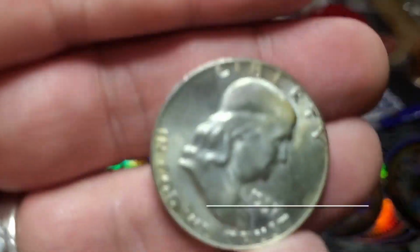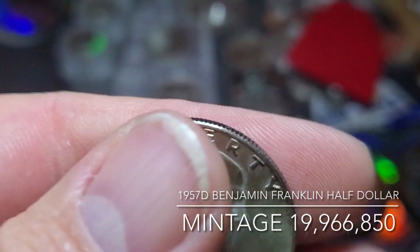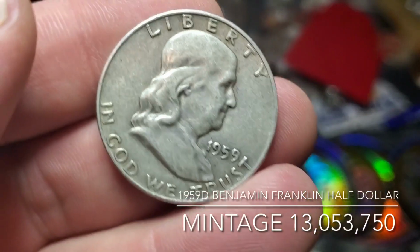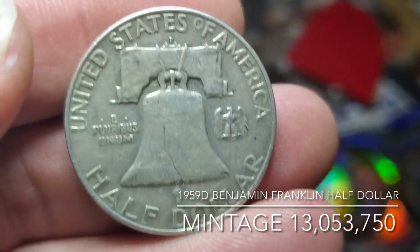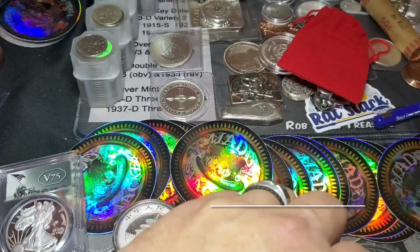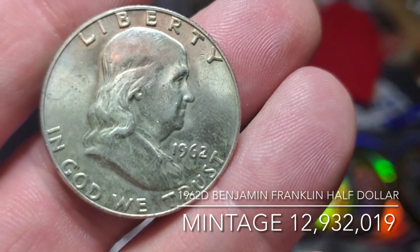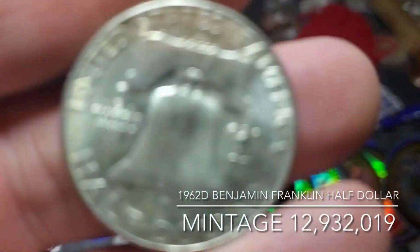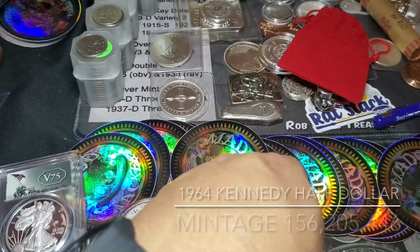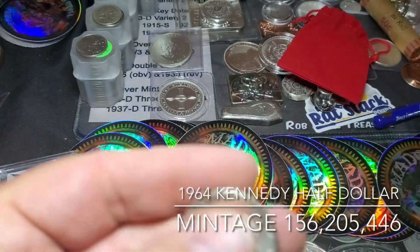25,445,580. I got a 1957 Benji D, 19,966,850. A 1959 D, 13,053,750. A 1962 D, 12,932,019. And then finally a 1964 Kennedy to round off the stack, and that is